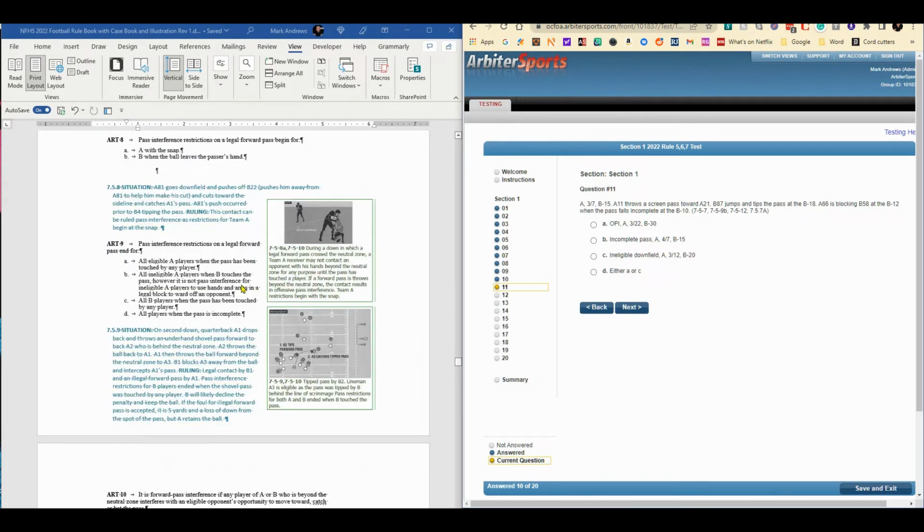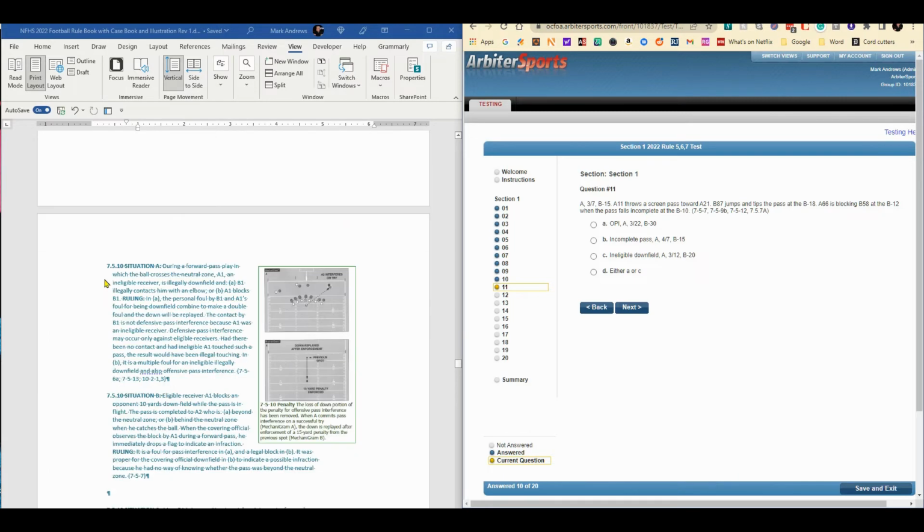759B, I think, spells that out. Pass interference restrictions on a legal forward pass end for all ineligible A players when B touches the pass. Okay, that's enough. That's all you need to know. You don't have to worry about the rest of it. 7512